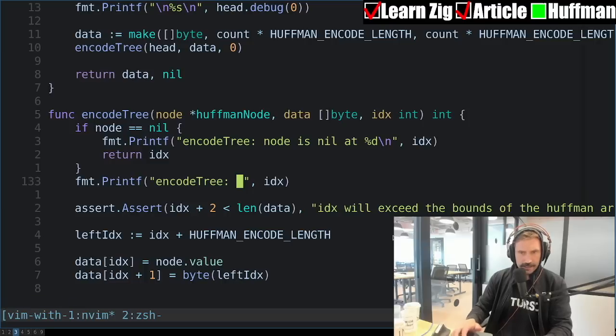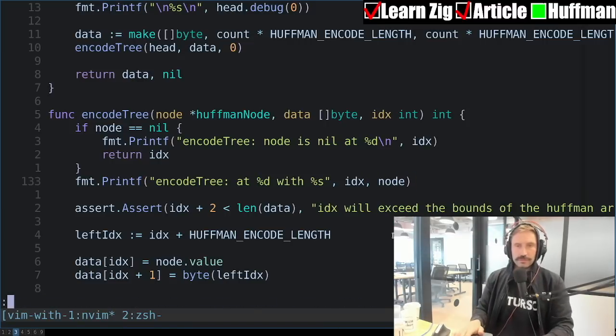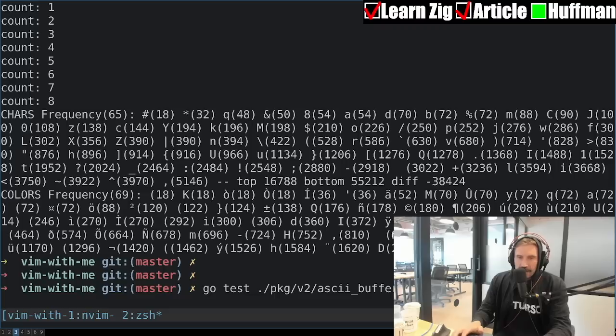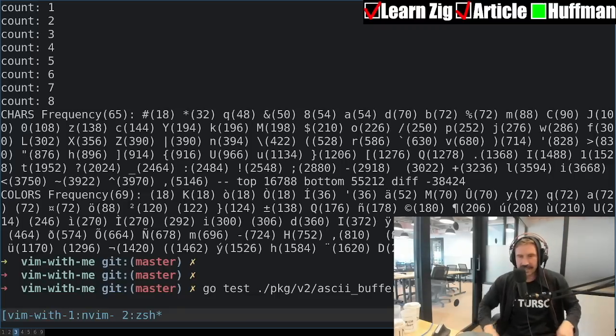Encode tree. Let's go. All right, I think this should be enough. I cannot wait.